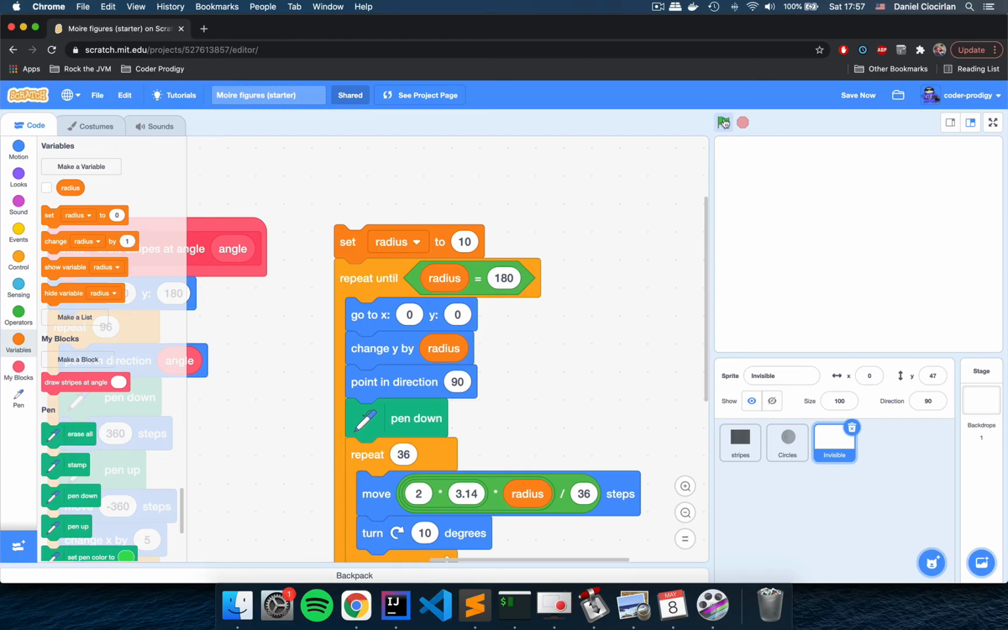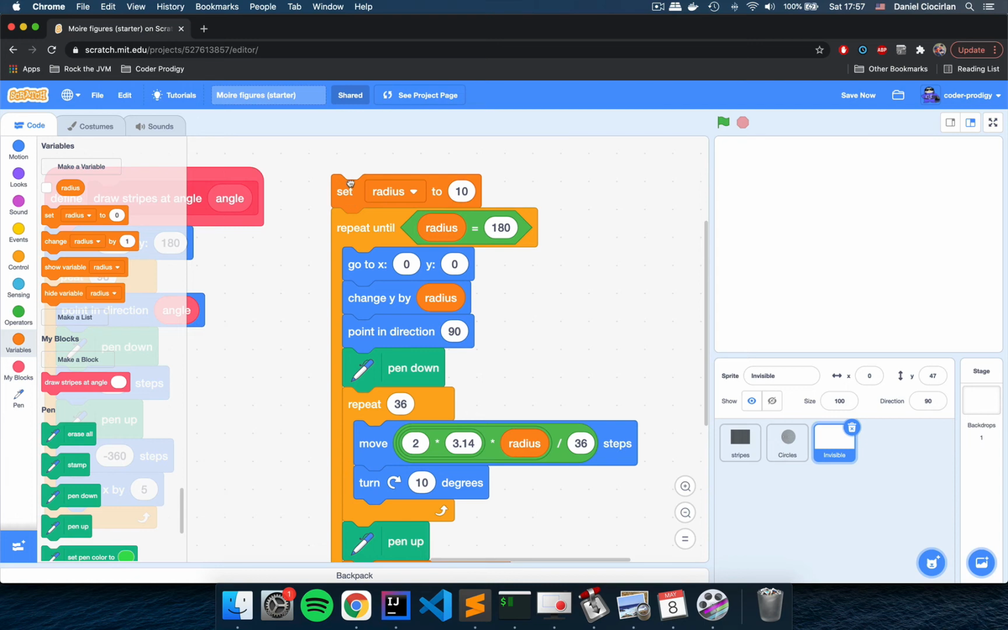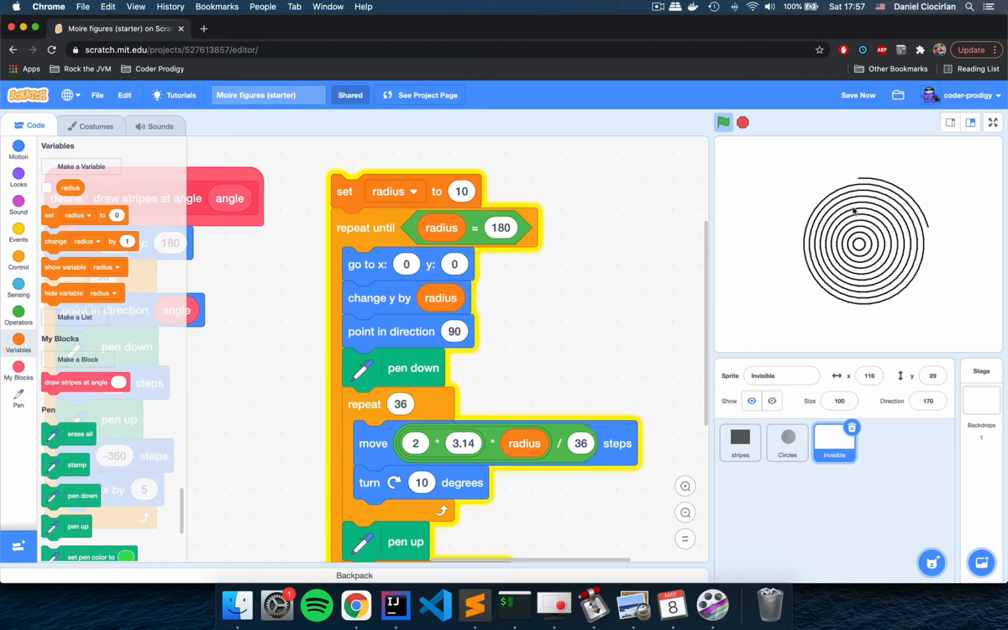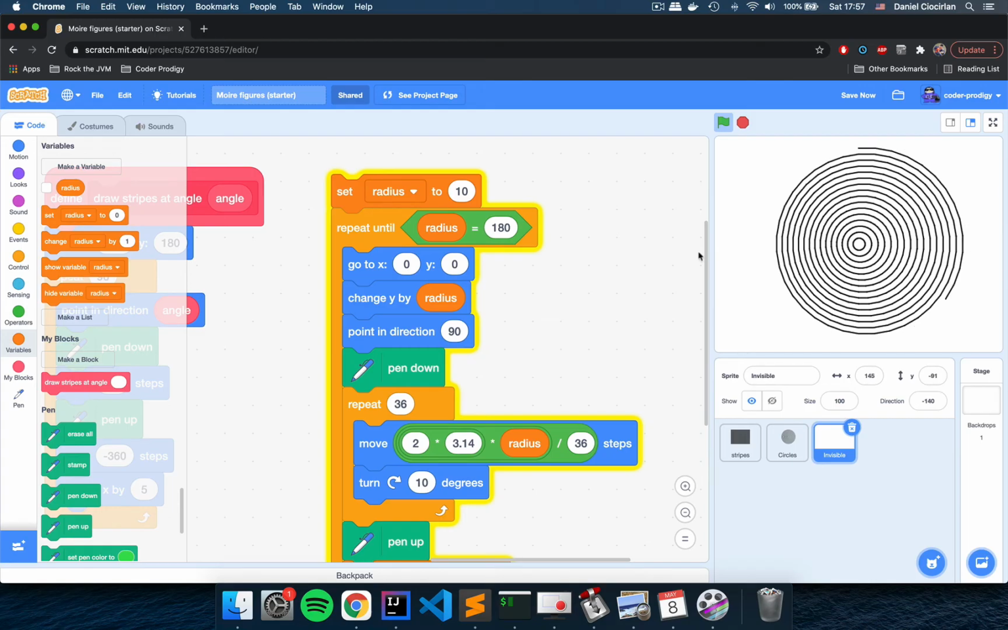So I'm going to hit the flag now, and I'm going to click this block, and the computer will start drawing our circles. And notice that all of these circles have the same center, and they grow in size up to the point where radius is 180, and that will cover the entire stage. It'll take a couple of seconds. Alright, so this is our figure, and I'm going to create a red block, a custom block, that will decide